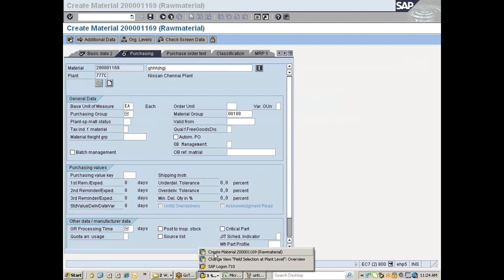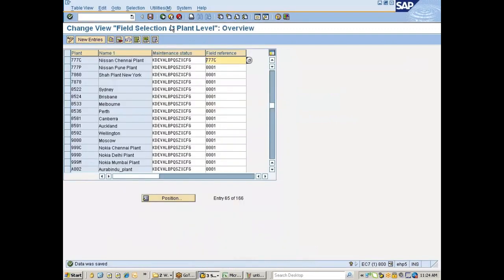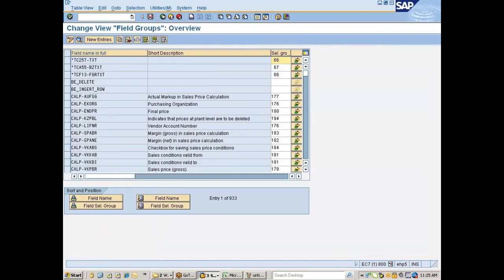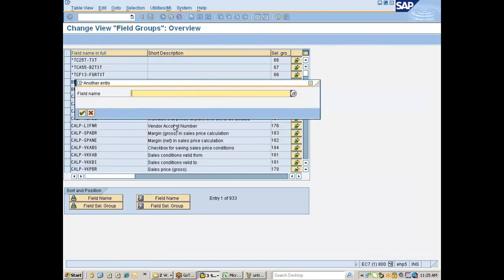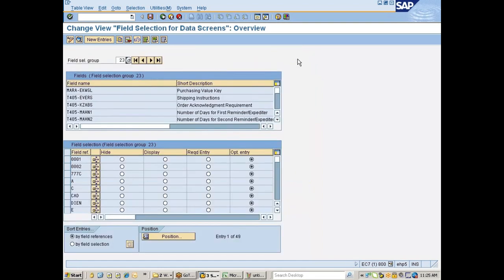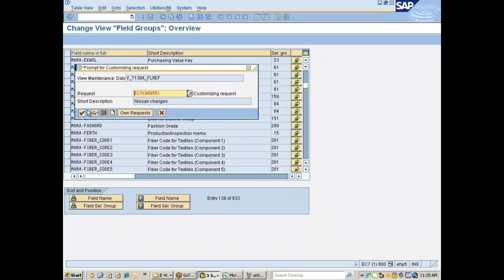I should go back to this place, back once again, assign to fields and field selection groups, go with this field, enter, and then this is the purchasing value key. Just go and maintain. Here is 777C, you just have to make it as required entry, right? Now you see,